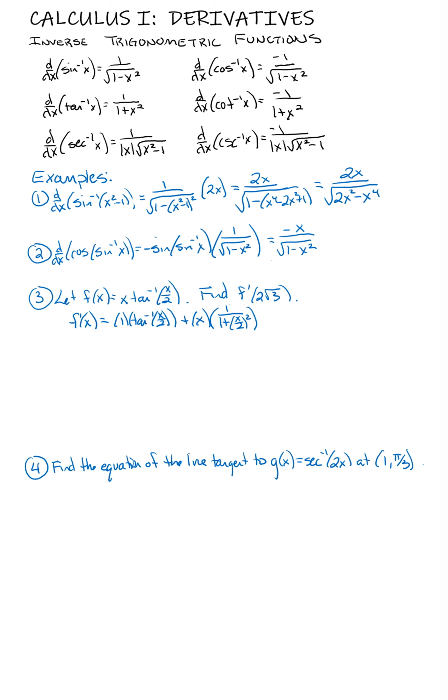Now, the chain rule on this says that we have to multiply by the derivative of that inside. Notice that argument x over 2 is what's inside. The derivative of that is 1/2. Now, it looks like we can clean this up just a bit. We have the inverse tangent of x for our first term. For the second term,